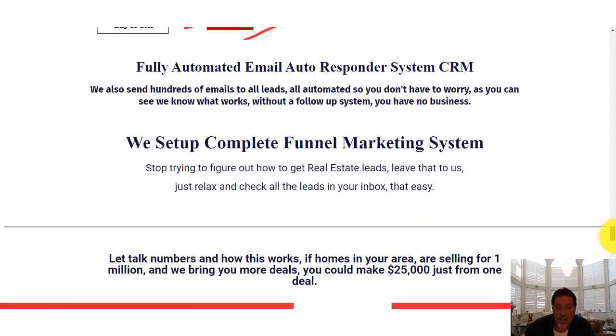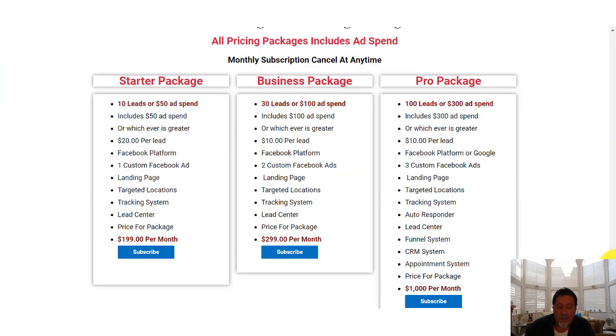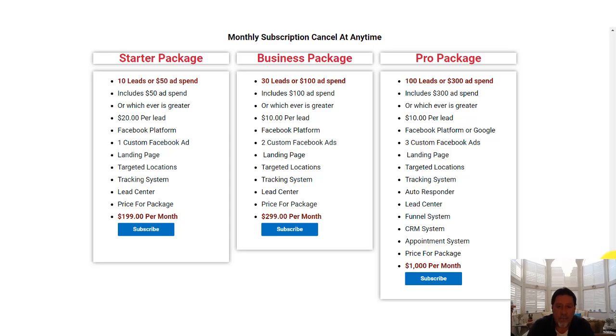Okay, so just moving along here. Now let's go straight. You can read this stuff on your own, but let's go straight to the packaging. Keep in mind that the pricing always changes, depends on what we're offering at that point in time. Right now we have a starter pack, business pack, pro pack. We go as low as $199 for somebody who wants to try this out, and you can kind of read